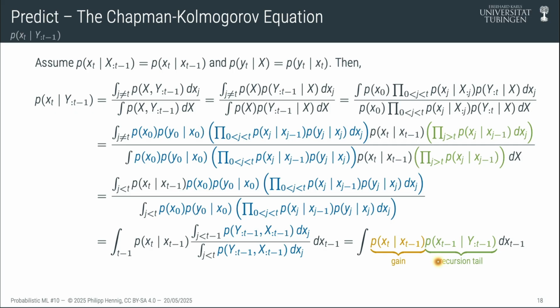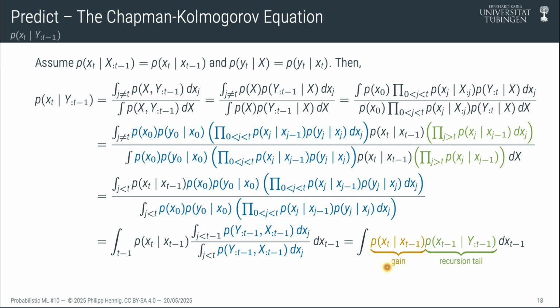The first one, well, actually maybe the second one. So the second one is a connection to what we did before. This term looks a lot like this term, but everything is just shifted by, well, not everything, but the x is shifted by t minus 1. So it's not exactly the same thing as this here, because there is a t minus 1 in the y as well, but it's almost, right? It's what we knew about the preceding state given all the preceding data. And then there's a connection between the preceding state and the new state.